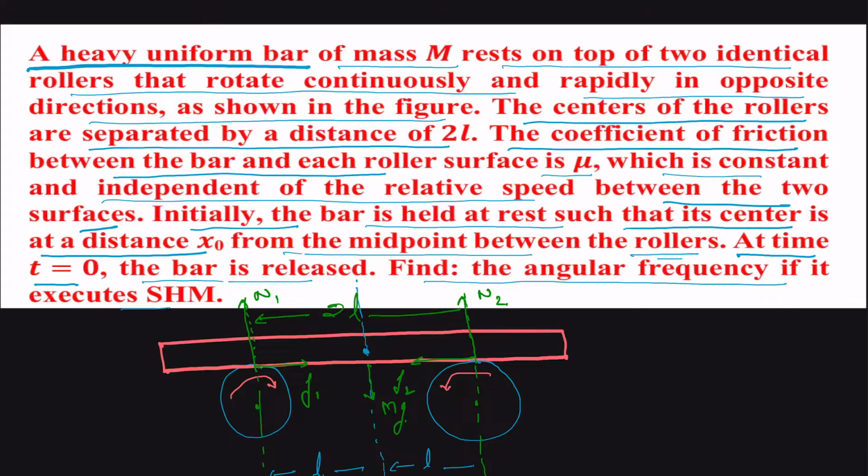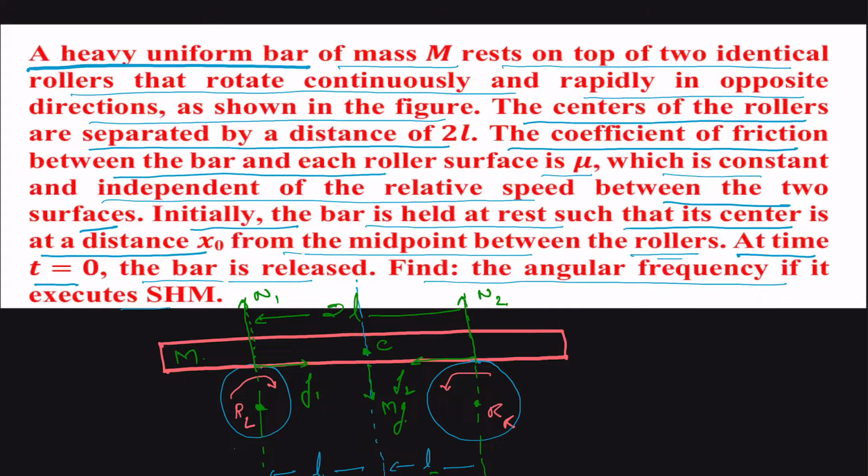identical rollers. So we have two rollers on the left and right, and let us call them the roller on the left and the roller on the right. And there is a uniform bar of mass m which is placed on it, and the total length of the bar between the centers of the rollers is given as 2L. So if C is the center of this bar, then mg will be acting downward, and with respect to this mg, on the left side there will be length L and on the right side there will be length L,